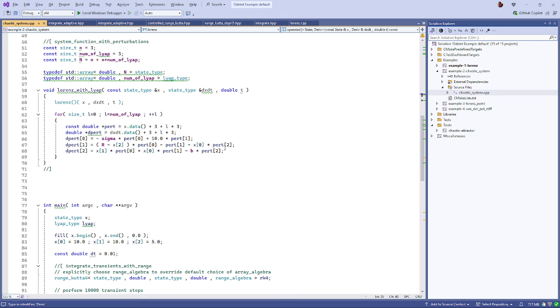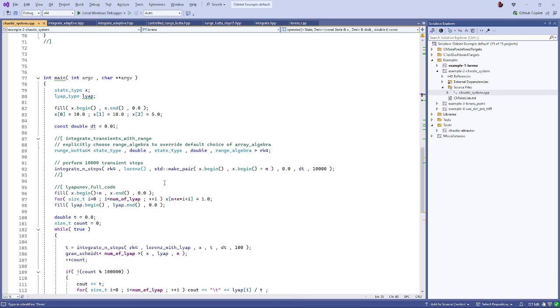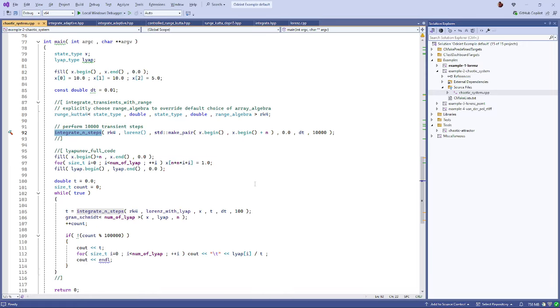And what they're doing here is it's a Lorenz system, but they're computing so-called Lyapunov exponents for the system. And you can see an example here where they've explicitly instantiated the Runge-Kutta stepper, and then they're calling integrate n steps to get a bunch of transient steps iterated first, because the Lyapunov exponent for a system is a measure of its,